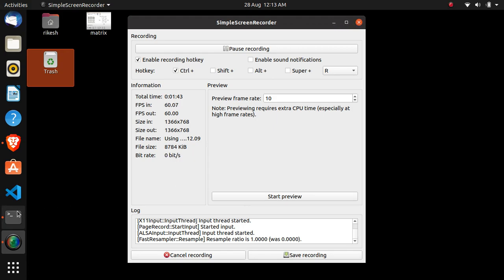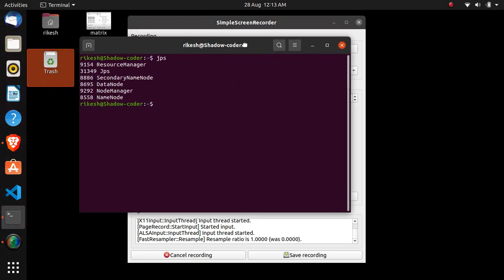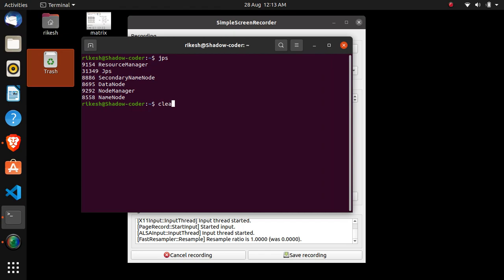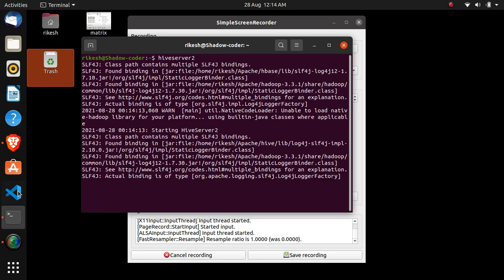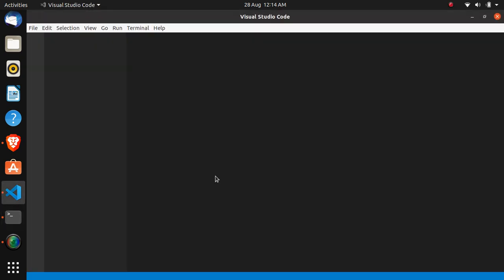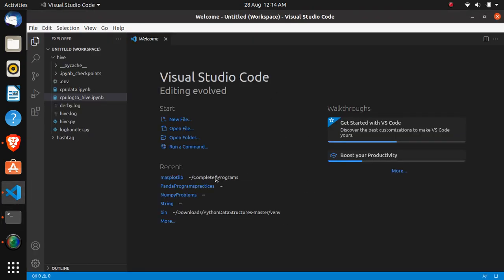Firstly, go to your terminal and start our Hive server, that is HiveServer2. After starting the Hive server, let me open my VS Code, where my code is. I will be explaining it step by step.